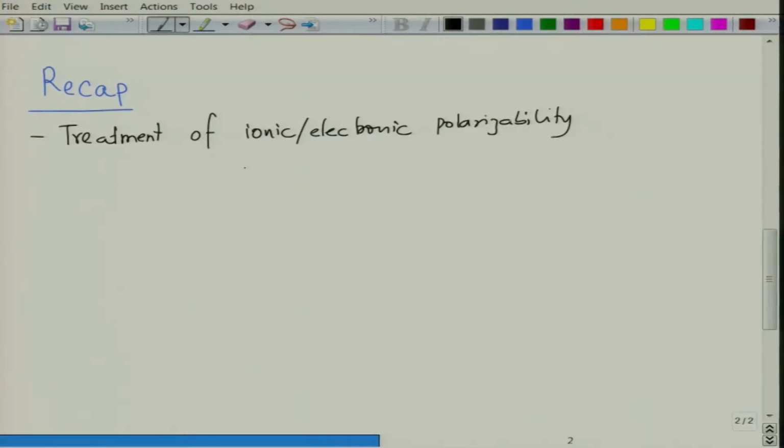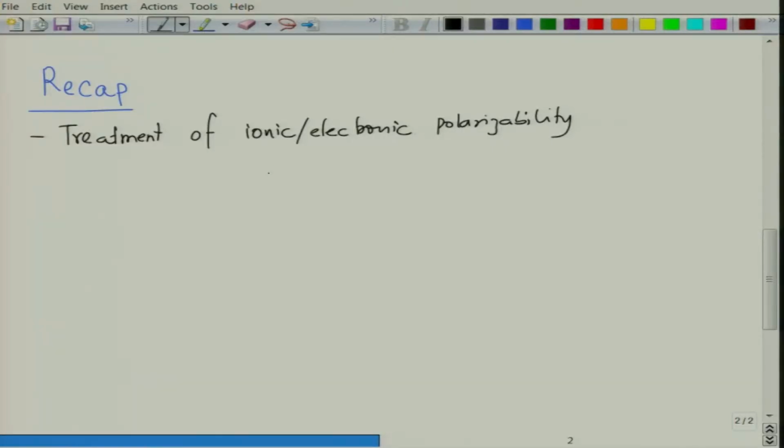But then we took it a step further, and we did frequency dependence by applying a sinusoidally varying electric field and considering the electron cloud and the nucleus, or the ions, as connected through a spring in the form of a simple harmonic oscillator. As a result, we wrote the equation of motion, and then we solved it for a displacement x, and then based on that we calculated what the polarizability is.